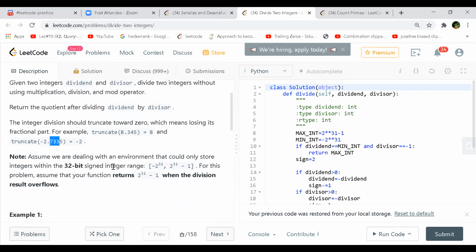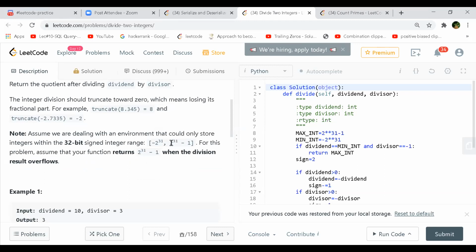Now assume we are dealing with an environment that could only store integers within the 32-bit signed integer range. Your function returns this value when the division result overflows. So this is the case if you have a dividend as this and your divisor is minus one: on the positive side, it will hit overflow.